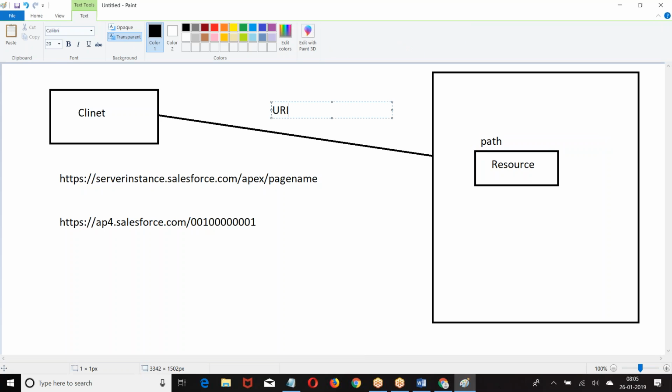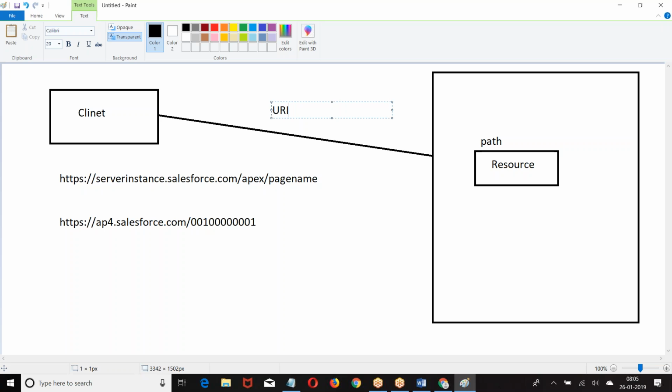Using the HTTP protocol, if you want to request any resource, we are supposed to request it based on the URI. What is this URI? Uniform Resource Identifier. Anything that is available in the target server, if a client wants to request it, he will request based on the URI, the Uniform Resource Identifier.